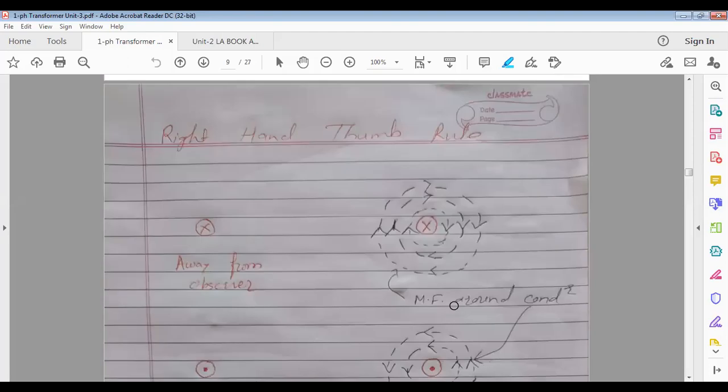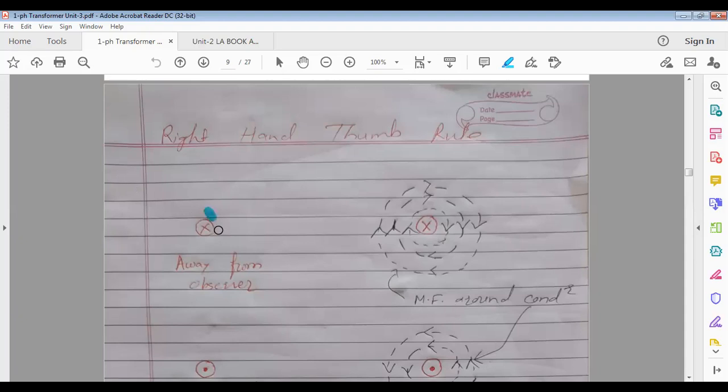Point the thumb in the direction of current and wrap the fingers around the conductor. Hold the conductor parallel to ground. Assume it means you hold it so that it is perpendicular to the plane of your face, isn't it? And consider current is moving through that conductor away from you. Then point the thumb in the direction of the conductor that is away from you and wrap the fingers. The direction in which you are wrapping the fingers will be the direction of the magnetic field produced around that current carrying conductor. Is this clear?